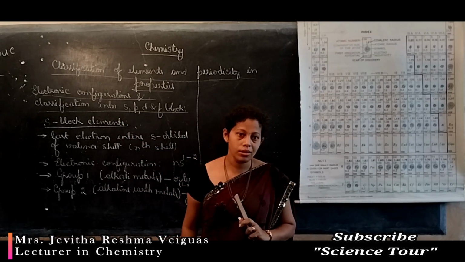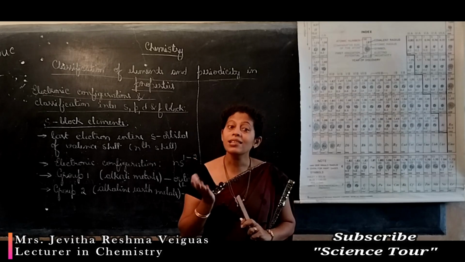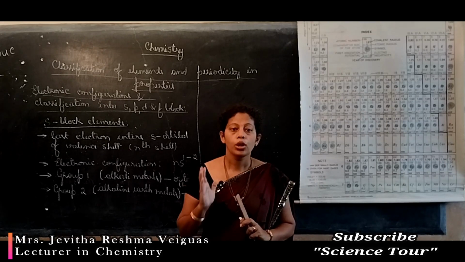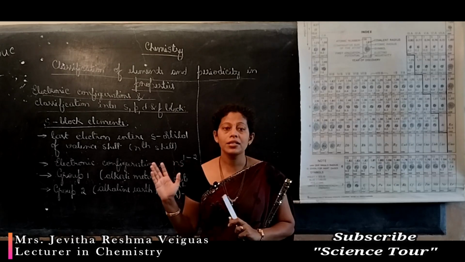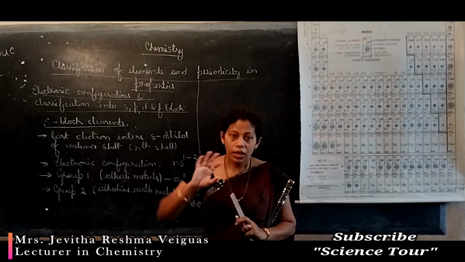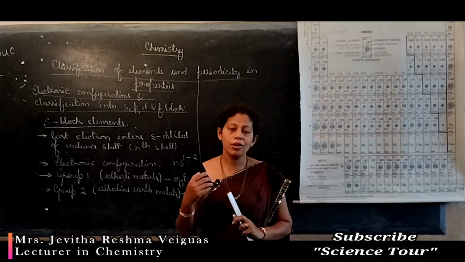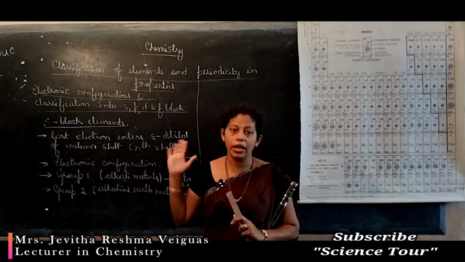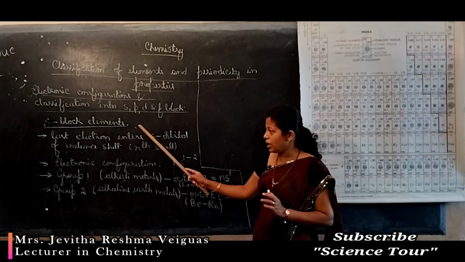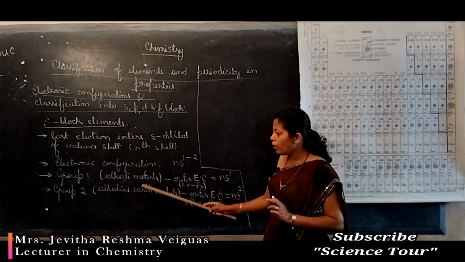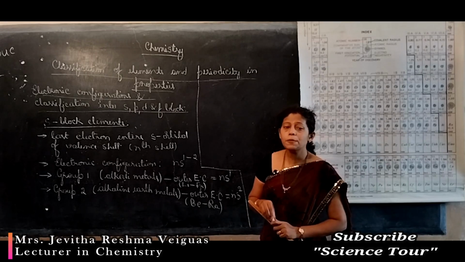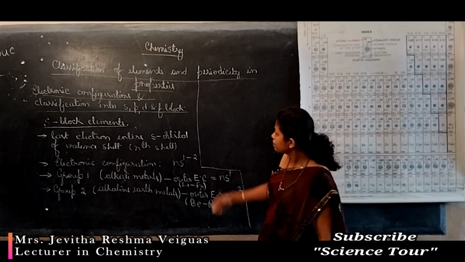One is hydrogen, which has uncertainty in position, and another one is helium. Though it is an S block element, it is kept in group 18. Leaving these 2 elements, all the rest can be easily classified into S, P, D and F block elements. Now coming back to the S block, we know group 1 and group 2 belong to the S block. What is the speciality of S block elements?